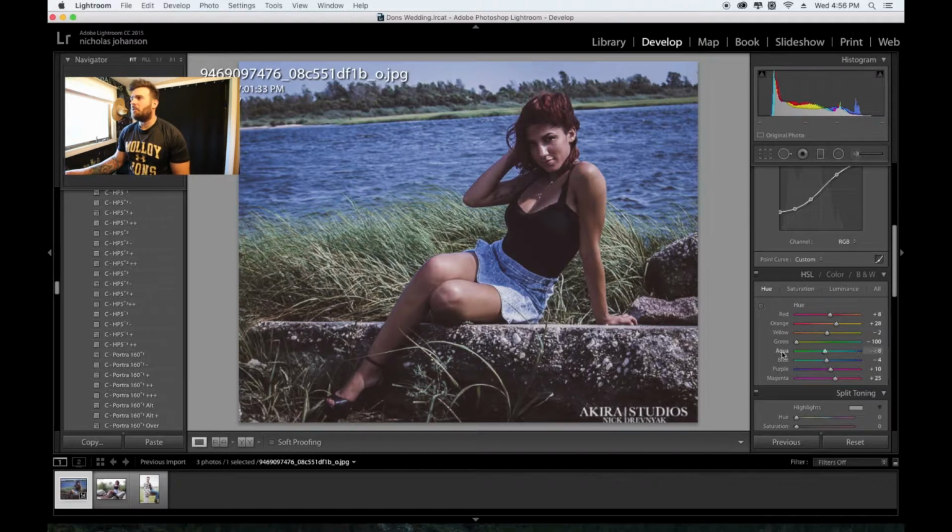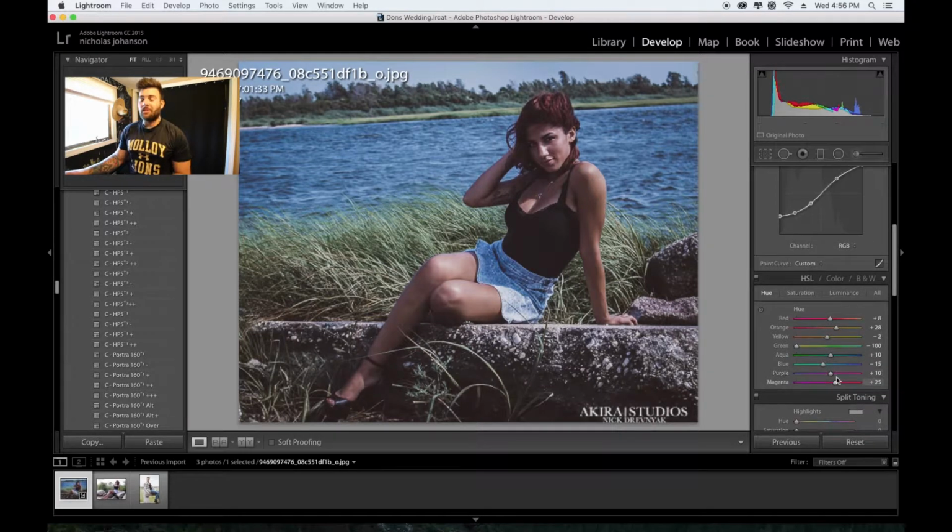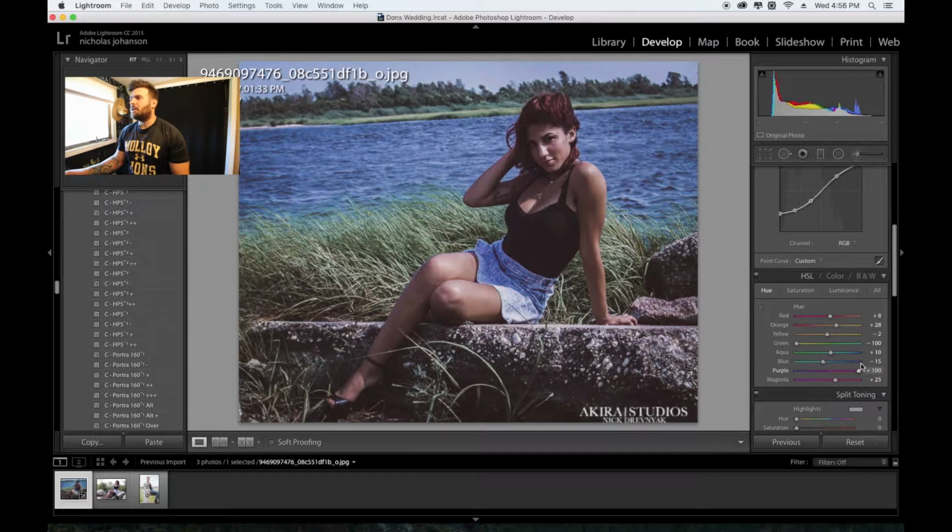So now we have the aqua, which is the water. So you guys can see here. And it's part of the grass too. We're not going to play with that. We're going to keep that neutral. And the blues is her skirt and the water. So what I like to do is I do like a little more turquoise in the water. It's that Sam Colder look. I talk about it all the time. And yeah, so